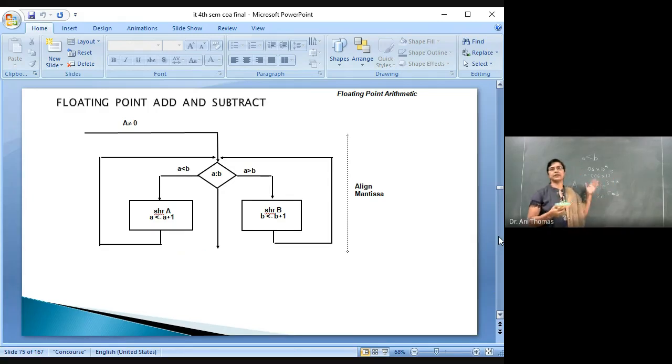We all know these conversions we have been doing, but just to explain this procedure of aligning the matrices, how we are doing it in the algorithm, that is shift right capital A, that is the matrices, and we are incrementing the exponent by 1. A is small a plus 1. So it goes the same way if the exponent of A is greater. In any of the cases, we are bringing it to the greater number. Like we are having the value of exponent as 3 and 5 here.